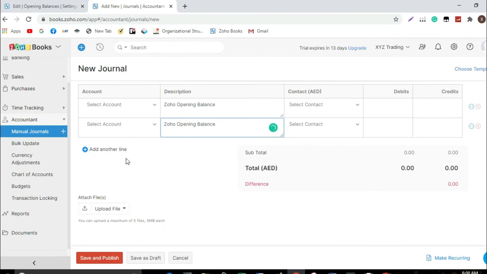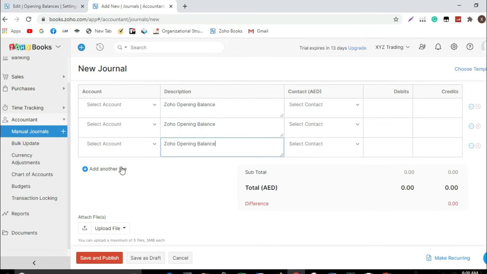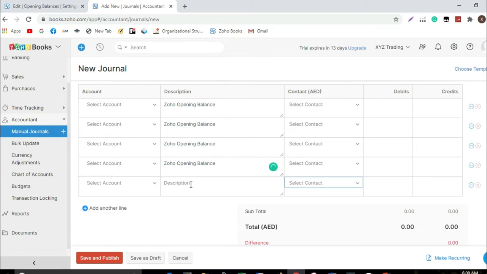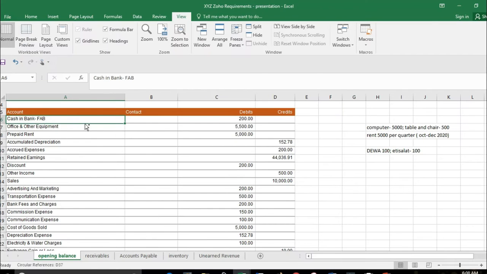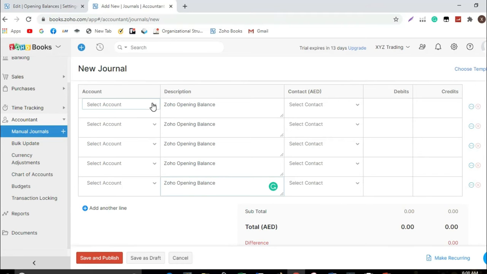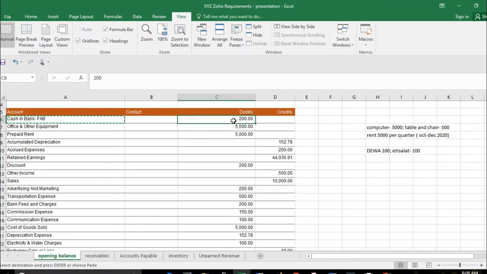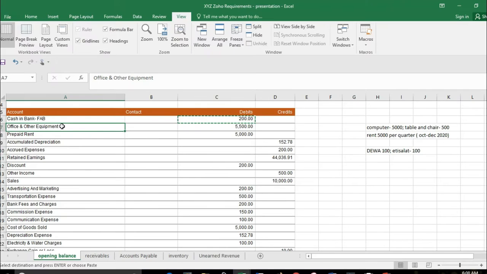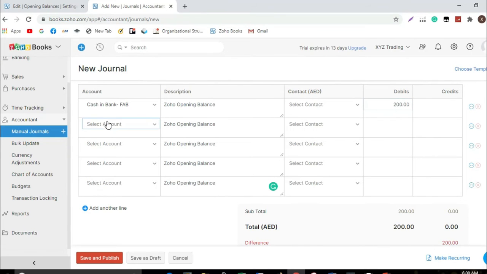Openings, they are just opening balances. Just copy from your schedule and paste, and that's it. Boom. No need for you to find it manually, right? Then copy paste the amount.